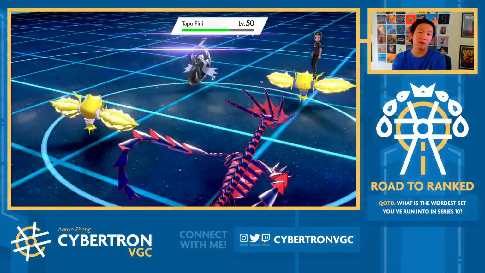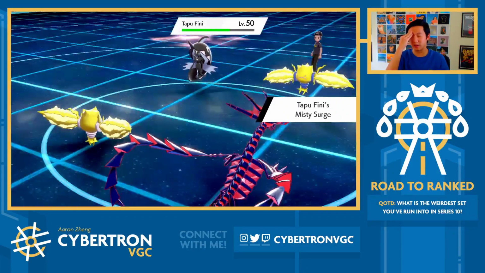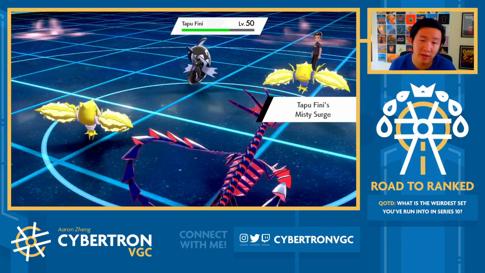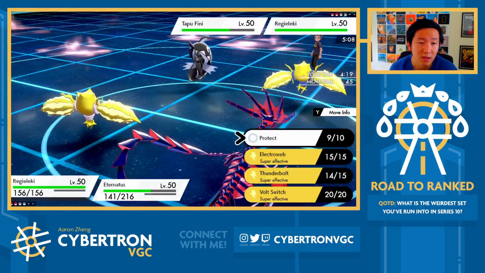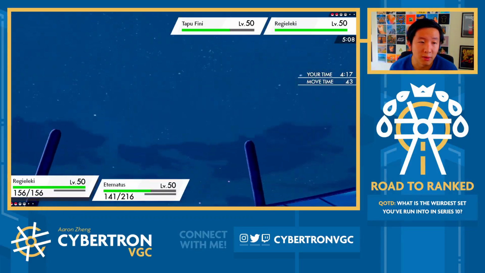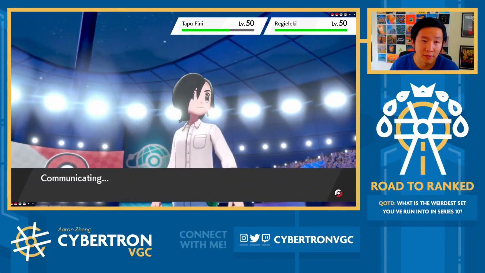I just don't know if FIni's bulky enough to survive here, but I think their Aleki goes for an Electro Web anyway, so even if I drop FIni speed, I'm not sure Eternatus outspeeds. So I think I'm just going to T-Bolt into FIni here. We know it's Specs, so I'm going to double up into Sludge Bomb, because FIni is the main offensive threat